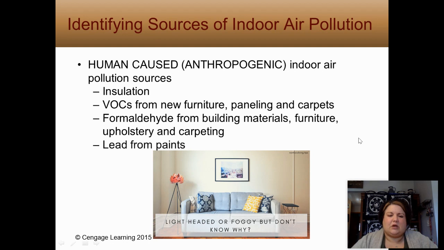And then the other one that you should be aware of is lead from paint. So in the 70s, lead was banned from lots of products, including paints. But lead has been proven to be a neurotoxin. It slows cognitive development. It can produce neurological issues like tremors, almost like Parkinson's. There's a whole host of other issues that lead can cause. You guys know that Flint, Michigan has had issues with lead in the water. Well, lead from paint chips is also a thing, especially during renovations, like the dust created. And so any houses that have been built before 1978,